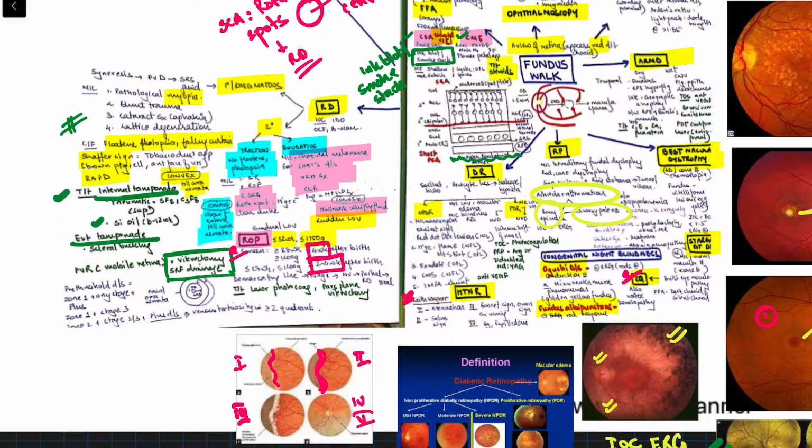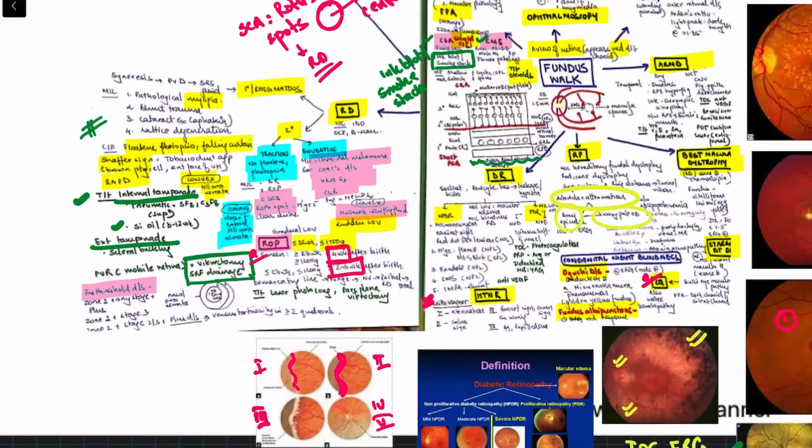And what is pre-threshold disease? This question is also asked. So we divide it into zones. Okay, first is taking optic disc as a center in a radius of 4 disc diameter. We make a circle, that is zone 1. Then from there till ora serrata, we draw another circle, that is zone 2, and finally the temporal side crescent strip that is left, it is zone 3.